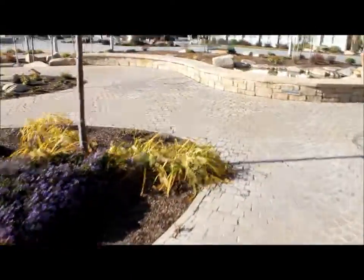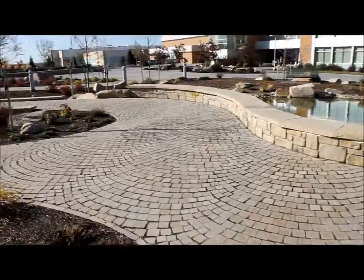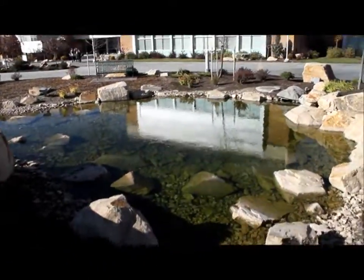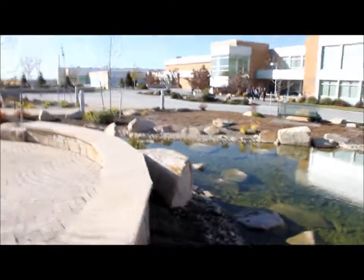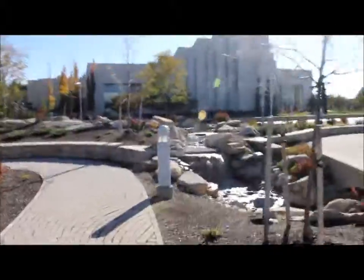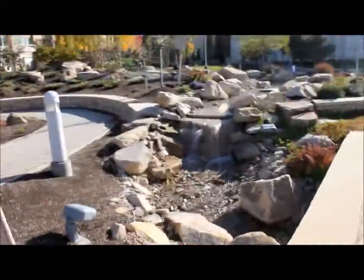I'm gonna go over here. This random little pathway is kind of fun. It's right in the middle of everything, so you always have to go around. But on the occasion that you do want to experience it, it's quite nice because there's a little pond in here and a little stream with a kind of waterfall. That's nice. Not really pretty in the wintertime because it all runs dry, but